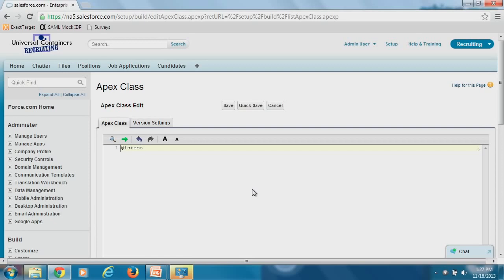All right, private class Position_C_tests. Open brackets, close brackets, and we're going to have a method in there. Inside of there, we're going to have a method which is going to be defined with the keyword test